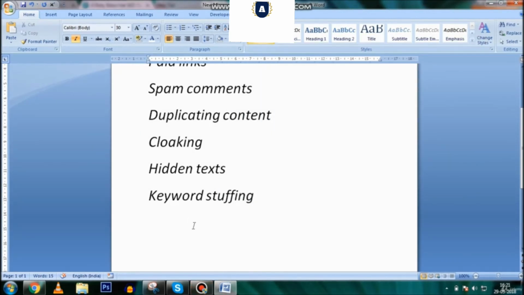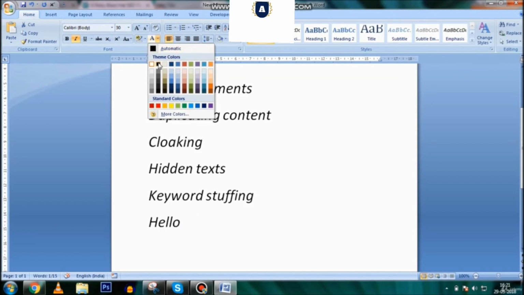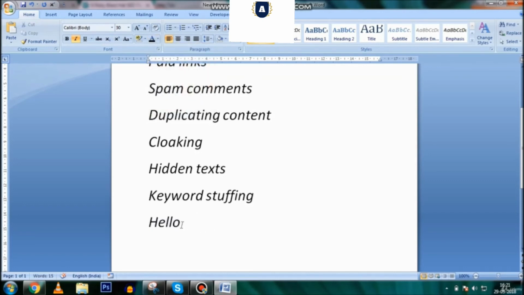This same thing happens in websites. They make a sentence or a word particularly disappear, make their keyword disappear. For example, if I have a website or a blog based on digital marketing, I will write various words. Let me make it visible first. So now if I want to write this thing, duplicating content, they just duplicate this word